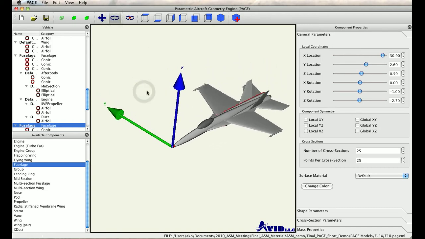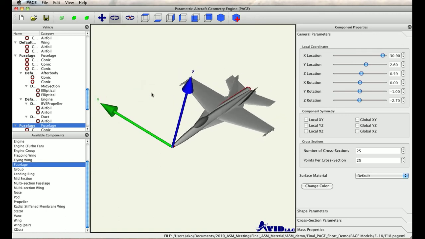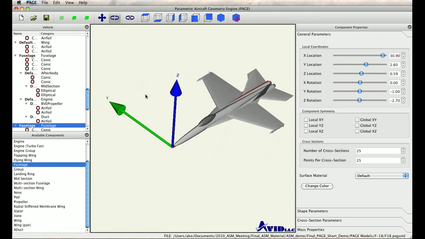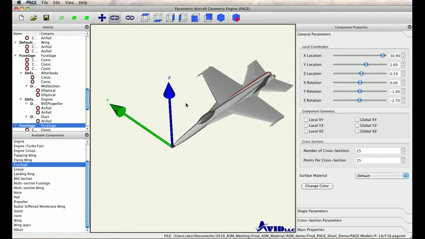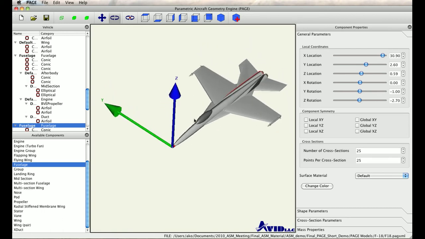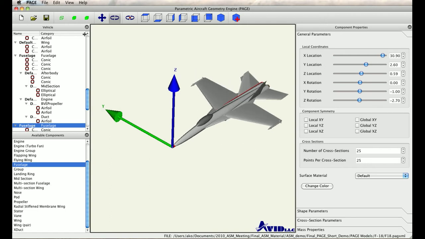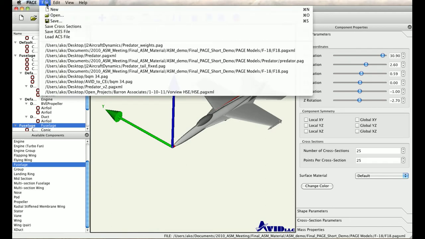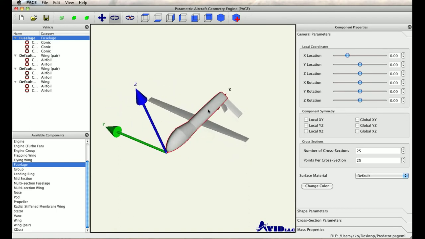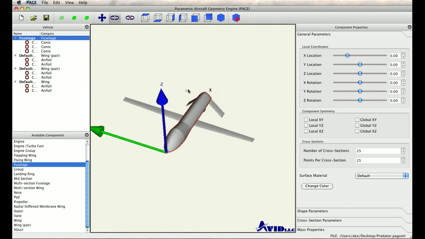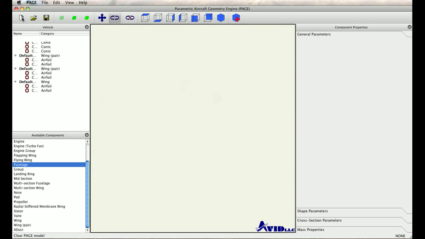an F-18, and this is a fairly detailed model of an F-18 geometry, considering that it didn't take us very long to put together. So I'll just show you how easy it is to put together geometry such as this. The model that we will be creating today will be one of the Predator UAV that looks something like this. So let's just start, and I'll start with a clean sheet of paper,